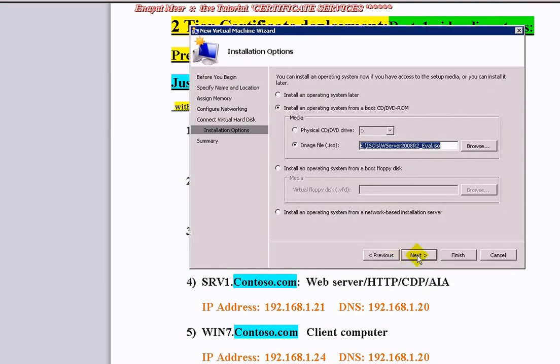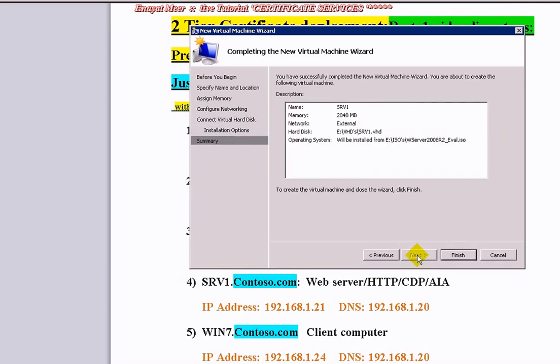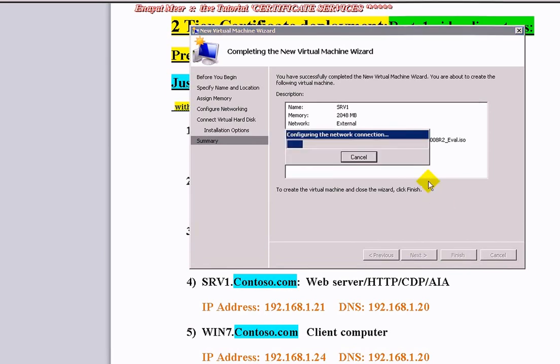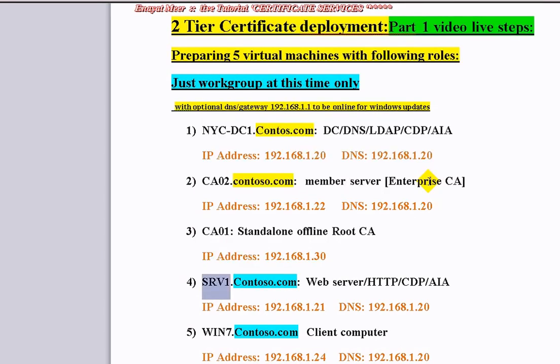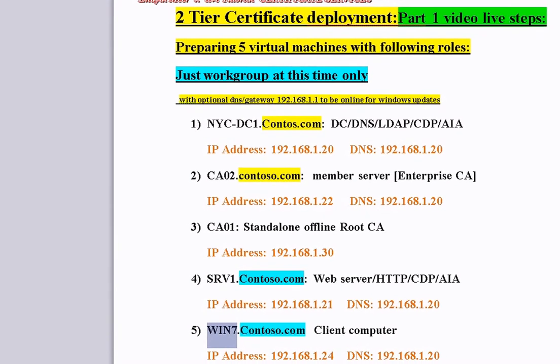So the last one is a Windows 7 machine, which I am going to skip because you know the procedure now, what I am installing and how I am doing this. That's how I want to start this one. So we have now